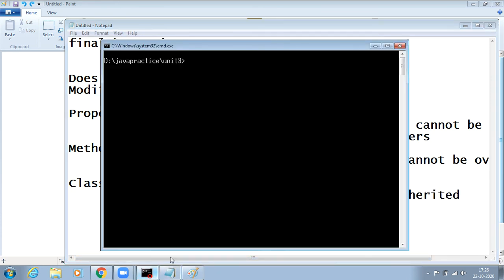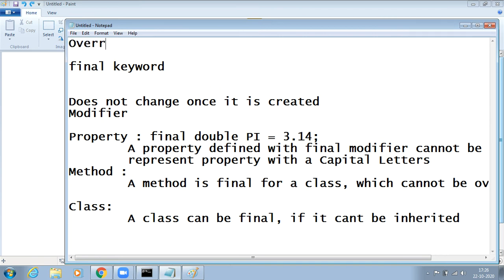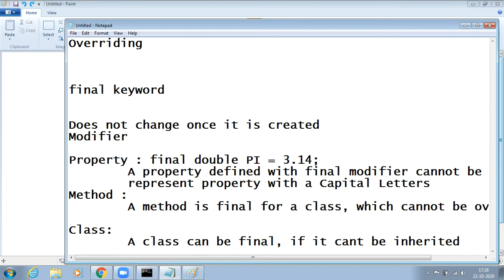I'll take a simple example to illustrate. Prior to that, let me say what overriding is. Overriding and overloading both explain the concept of polymorphism. Overloading explains compile time polymorphism.